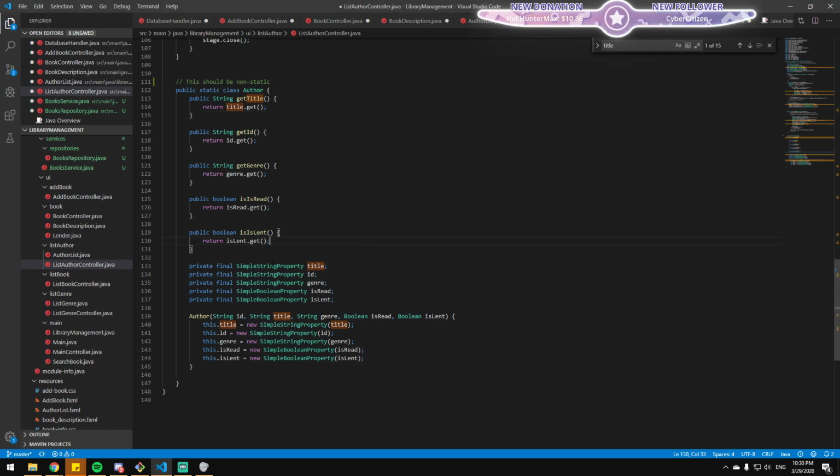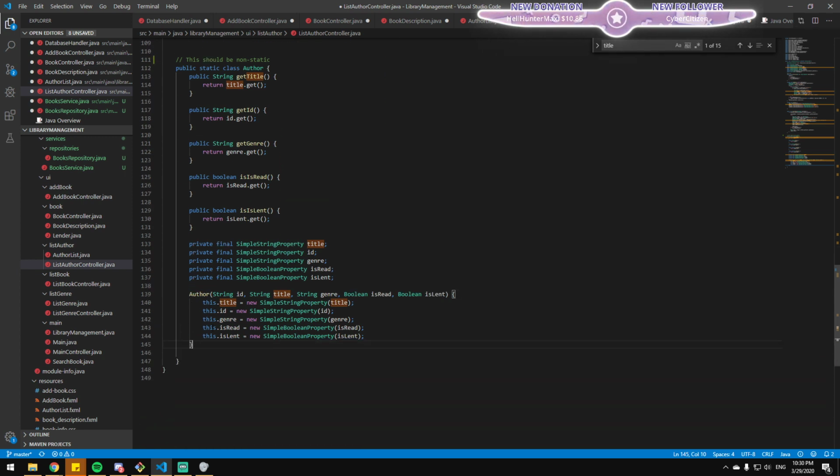Can someone explain how this is even valid? You have a static class, and for the static class you have a constructor with parameters. To be honest, I didn't even know that a static class was valid in Java. And you have properties. Isn't this a property? This is a field, a constant field.